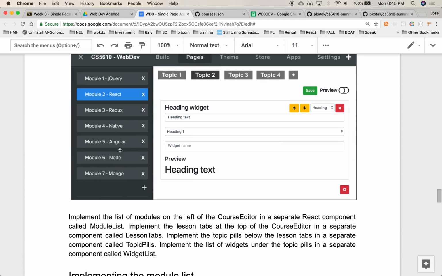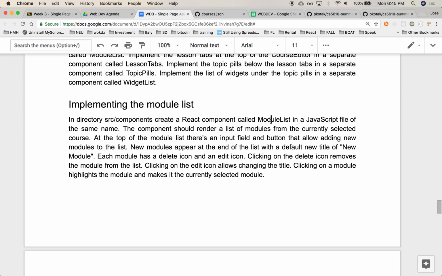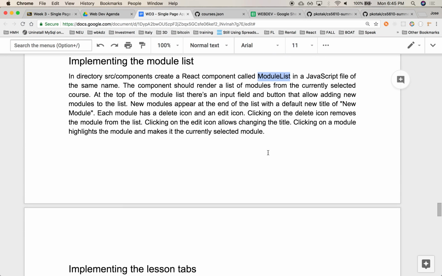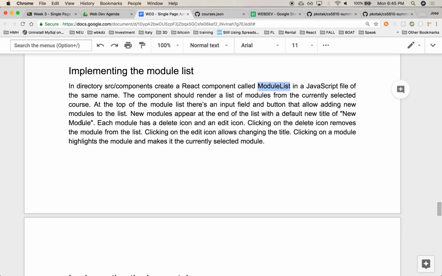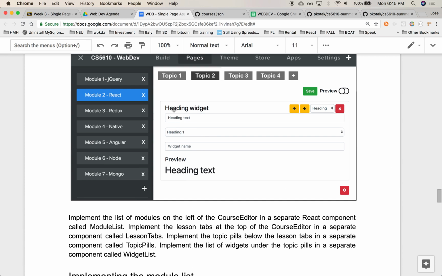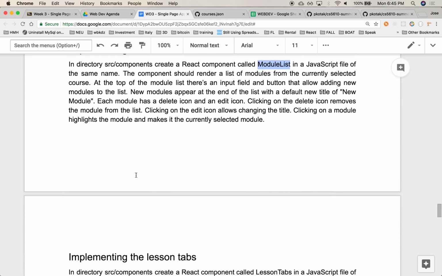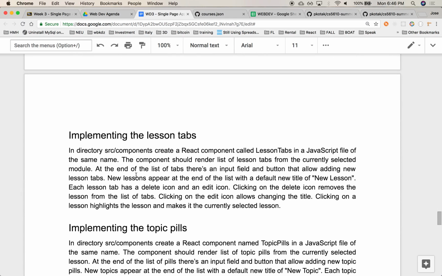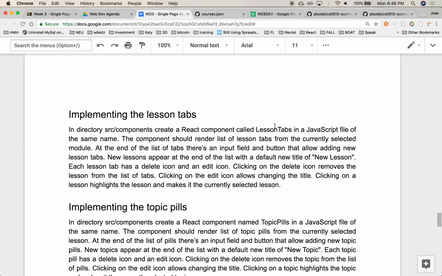So the next couple of sections just describe the implementation of the module list, implemented in a container called module list. As you click on plus, it creates a new module. The delete icon allows you to remove it. And there's an edit icon as well that's actually not shown here. There should be like a pencil here that allows you to edit the module, the name of the module at least. Lesson tabs is implemented in a lesson tabs